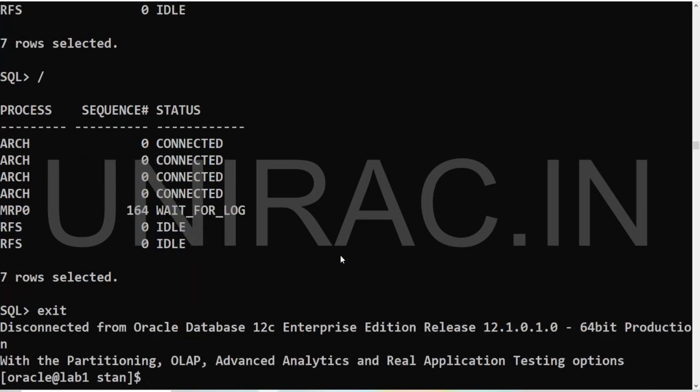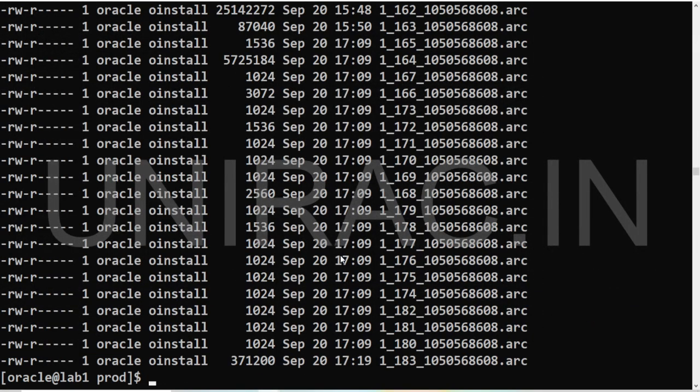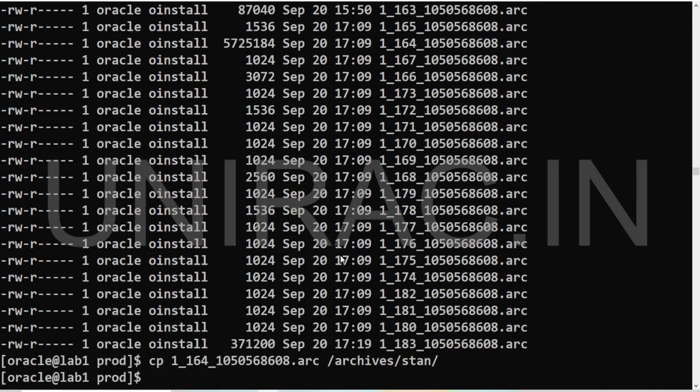Let's try shipping from /archives/prod the archives which we found. Okay, copy 1_164 to /archives/stand. I have copied one of the archives now.